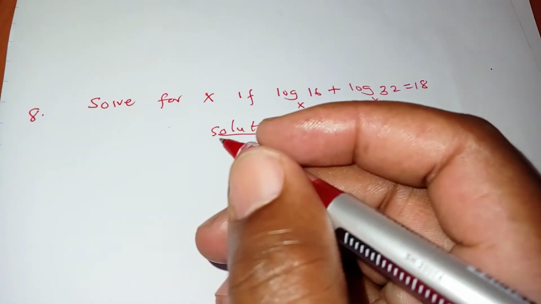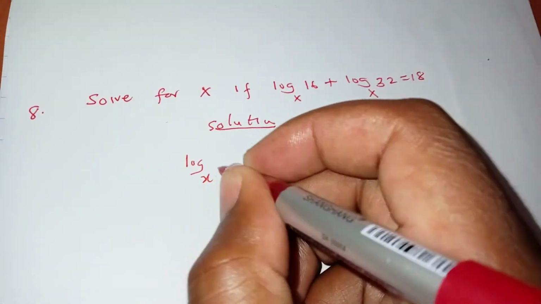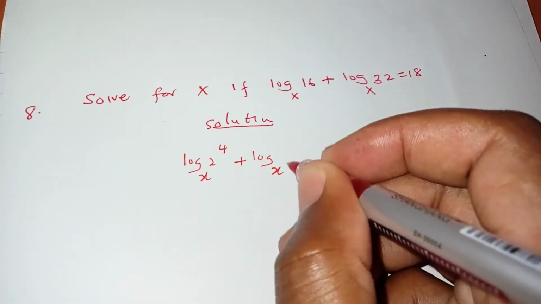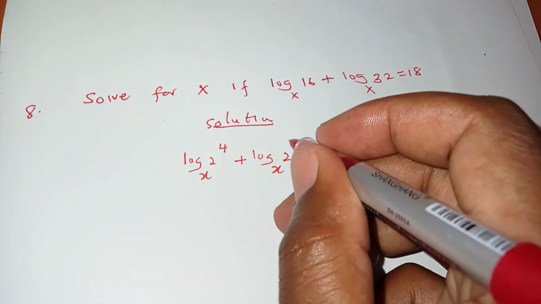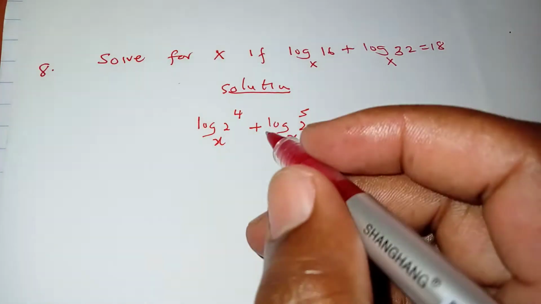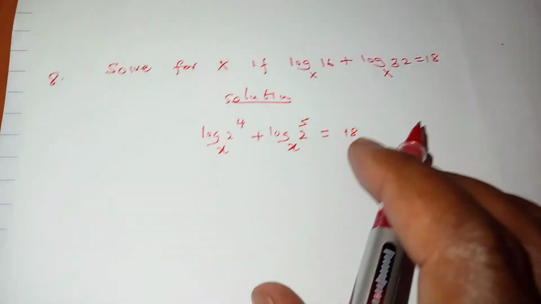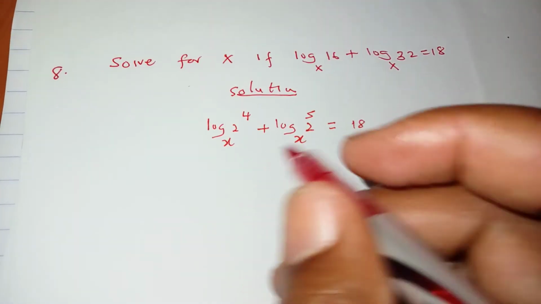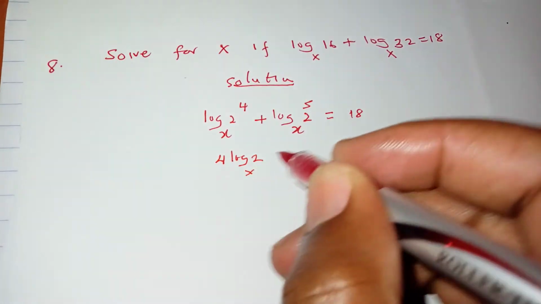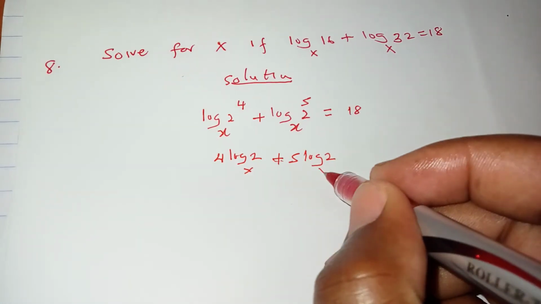So what I mean is that 16 can be written as 2 to the power of 4. Then 32 can be written as 2 to the power of 5, and we will maintain 18 on the right hand side. Then we can bring this power to the front and this one to the front. There is a law of logarithm that says that. So we have 4 log of 2 to base x plus 5 log of 2 to the base of x